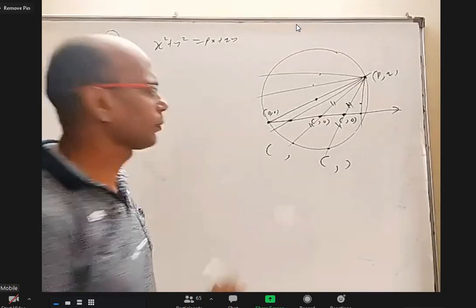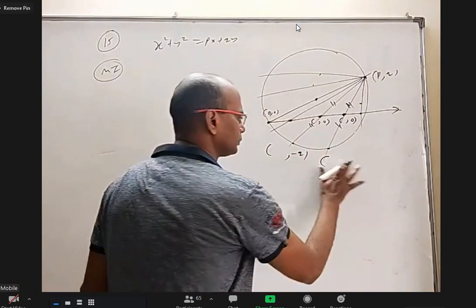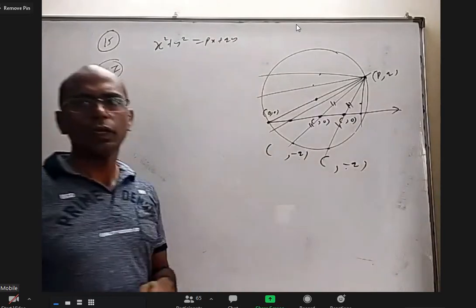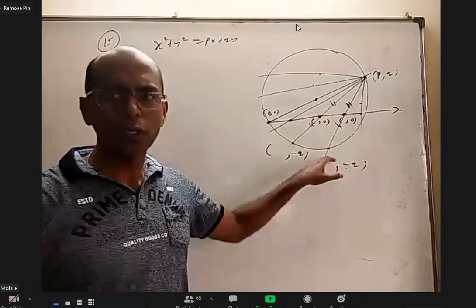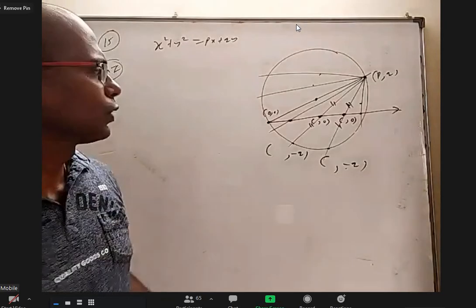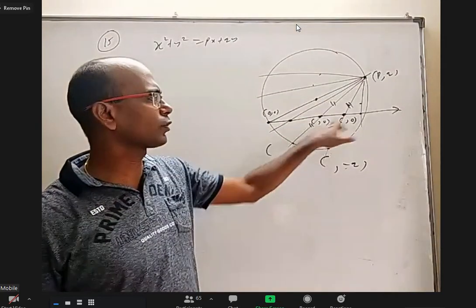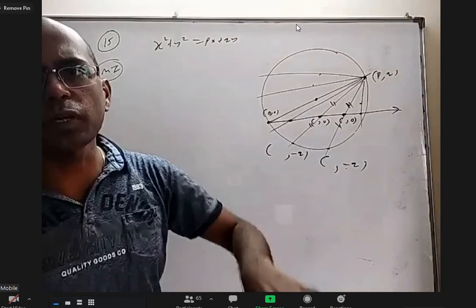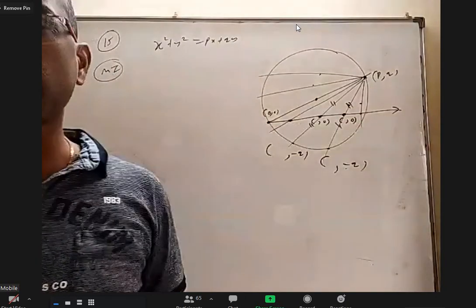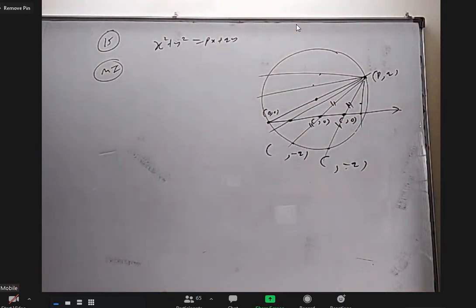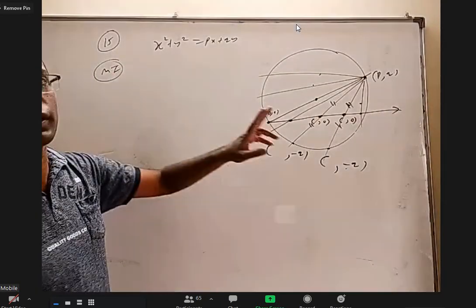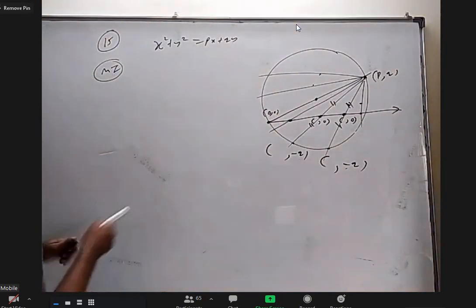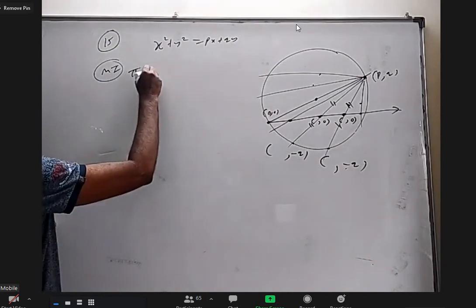Minus q. Minus q. So that means on this circle, definitely there should be 2 points whose y-coordinate is minus q, so that the midpoint of these two has y-coordinate 0. If there are 2 midpoints with y-coordinate 0, the x-axis is bisecting 2 chords, we can say that. That means when I substitute y equal to minus q in this circle, I should get a quadratic equation with 2 distinct roots.